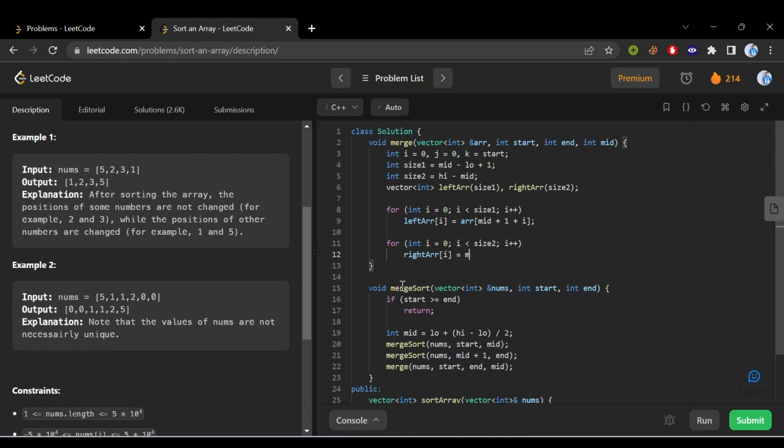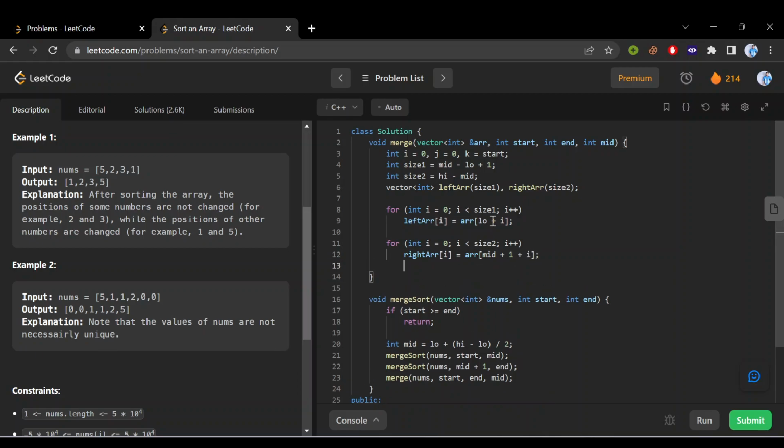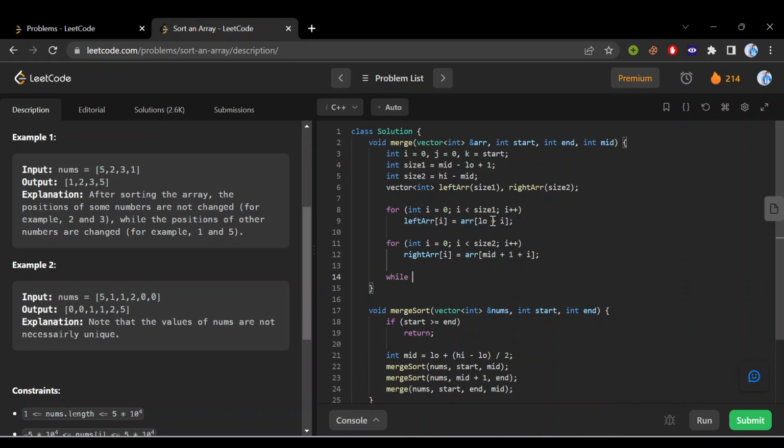Right array of i is equal to array of low plus i, and this has to be mid plus 1 plus i. Now while i is less than size 1 and j is less than size 2,